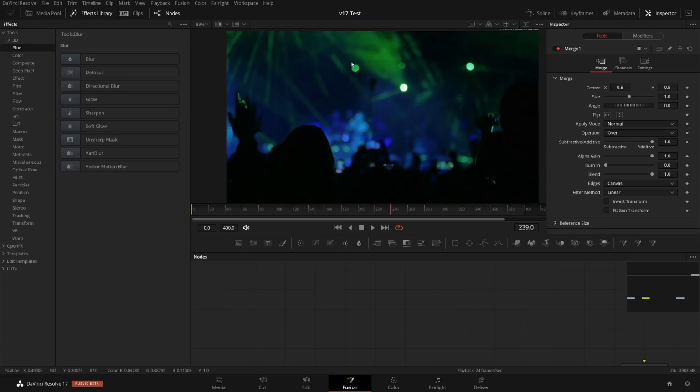Now I want to show you some changes about the effects library and the edit effects, especially when it comes to macros and templates. You have probably already seen that the effects library here looks a bit different. We now have these preview images wherever they are set up. Now, I find this a little bit sad. On the one hand, this is now aligned with the way the effects library looks on the edit page